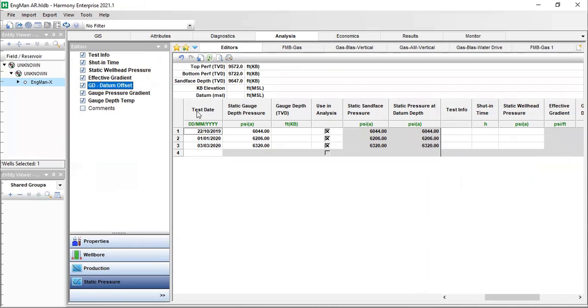are here. Test date. So I have 3 points. Static gauge depth pressure. Okay. Gauge depth in TVD. Okay. And you see here the top perf. It is automatically populated. We provide the top perf and bottom perf on the well configuration tab, sand face depth. Okay. And then,